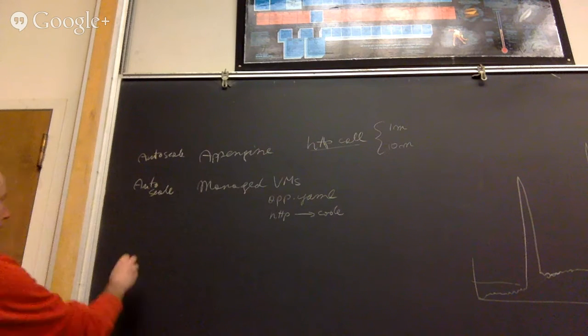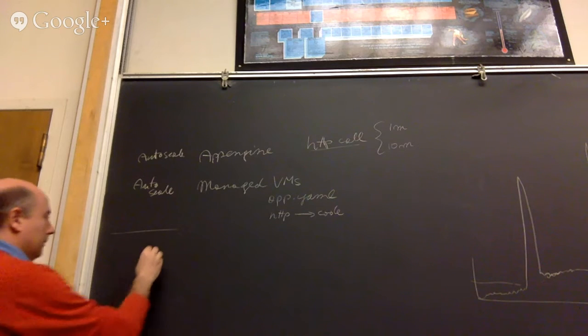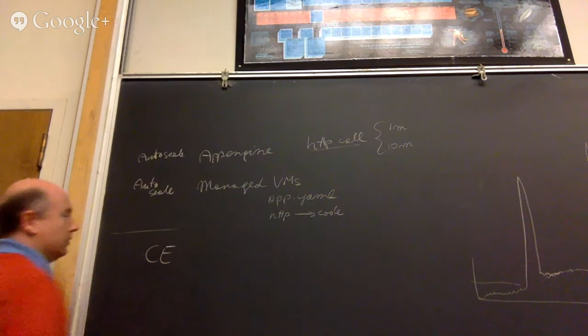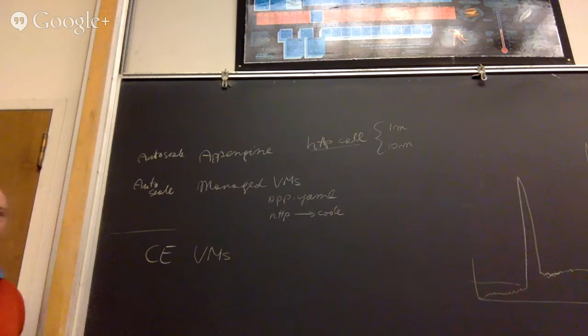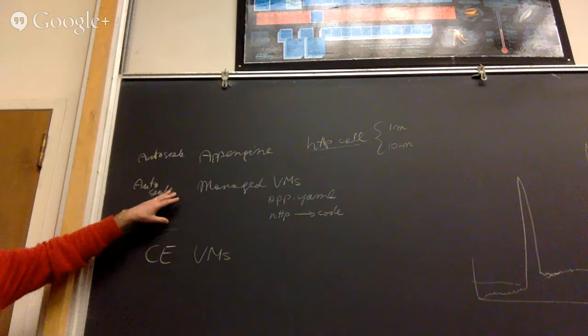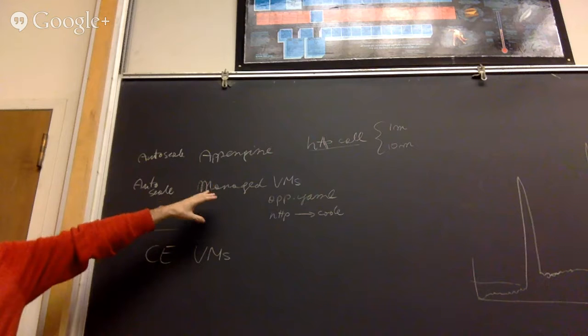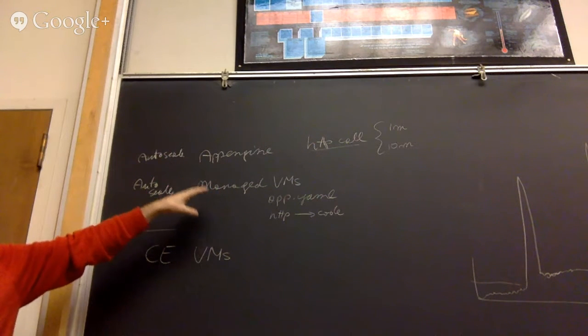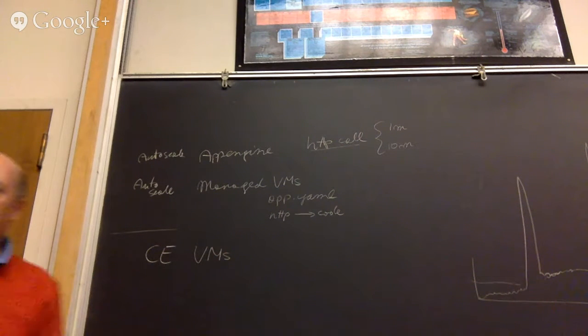Aside from these, there are two solutions in the Google Cloud that are shared with the Amazon Cloud, which is that you can get Compute Engine VMs. These are just very normal VMs. You can build the VM yourself and SSH into it, so you don't need to give declarative instructions on which packages to install. With the managed VMs, you need to define how they are created. You don't need to create them, you need to define how they are created, which is slightly more limiting. Here instead you can get into the VM and tinker with it as if it was your own local computer.